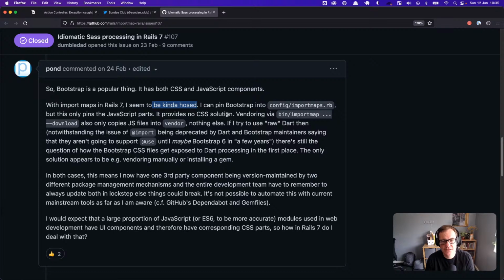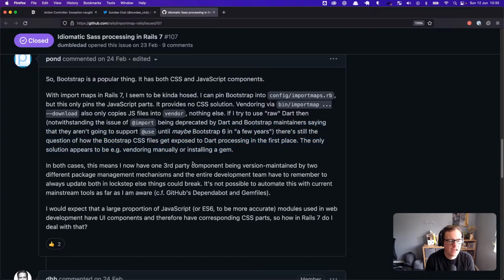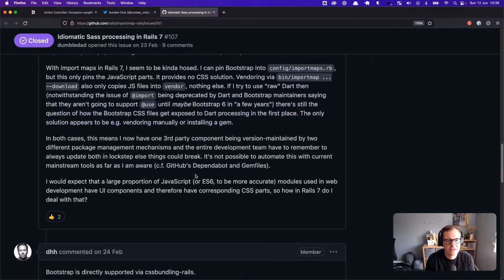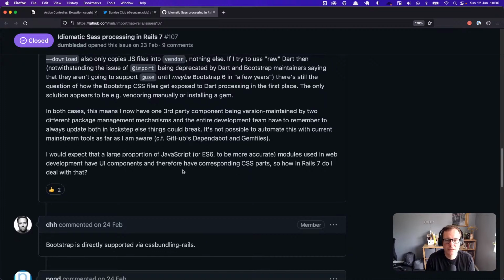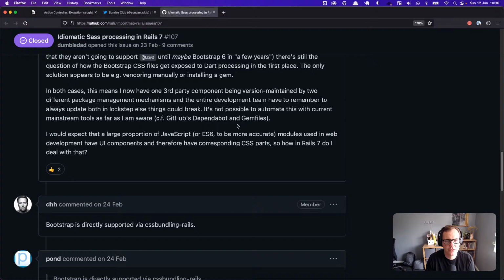It provides no CSS solution. Vendoring via bin import maps dash download only copies JS, blah, blah, blah. There's a bunch of specific stuff in here. You can read that. In both cases, this means I now have one third-party component being version maintained by two different package managed component mechanisms, and the entire development team had to remember to always update both in lockstep, else things could break. It's not possible to automate this with current mainstream tools as far as I'm aware, and then